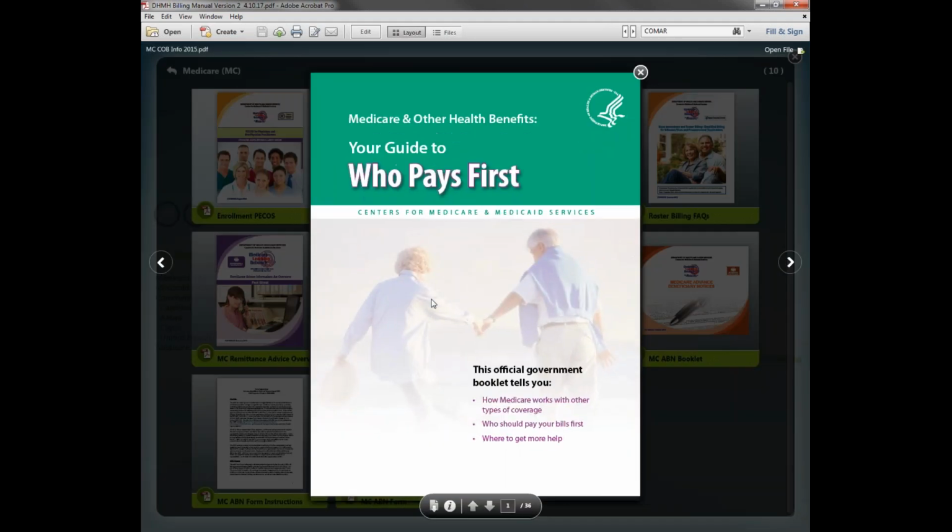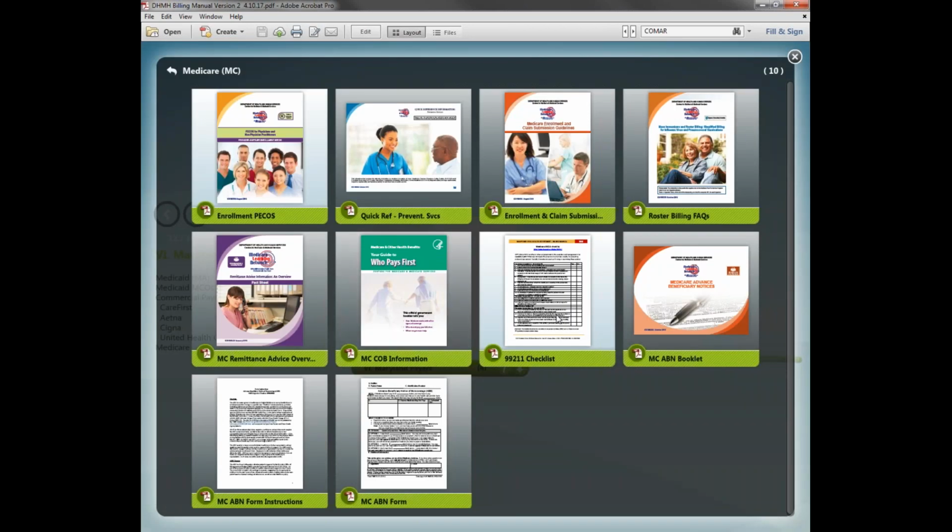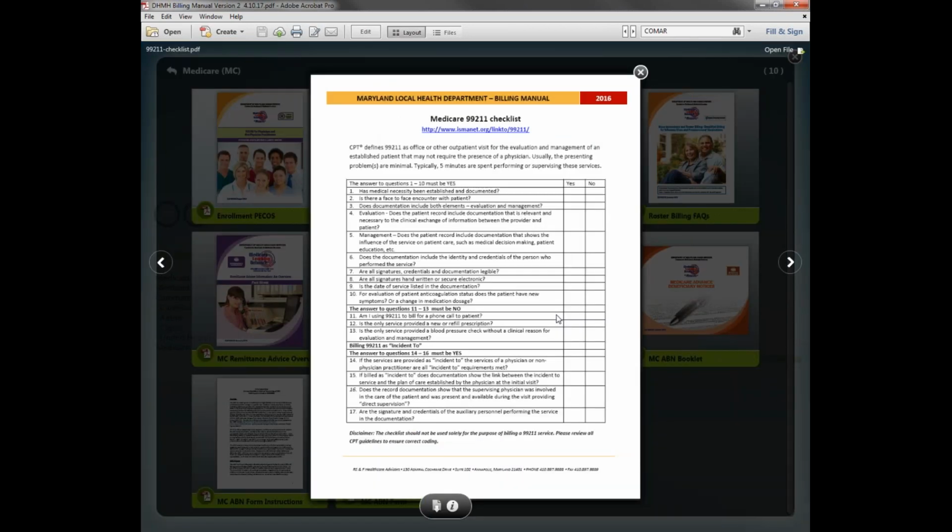This is Who Pays First. It's a very good document about when Medicare is primary or another payer is primary. It's something that's very helpful. And this is something that we see comes up a lot,